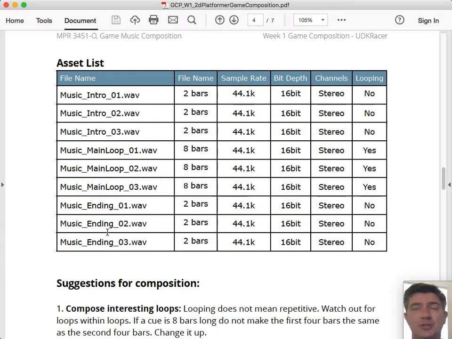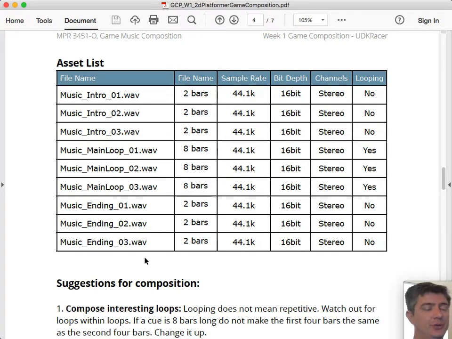What the game is going to do is randomly choose one of the intros at the start of the game to play. Then during gameplay, you will constantly hear one of these 3 main loops. It will randomly choose one of them, play it through 8 bars, and then when it's done, it will randomly jump to the next, and continue doing that all through gameplay. And then when the game is over, which is basically when the player's health is 0, you hear the ending cues.